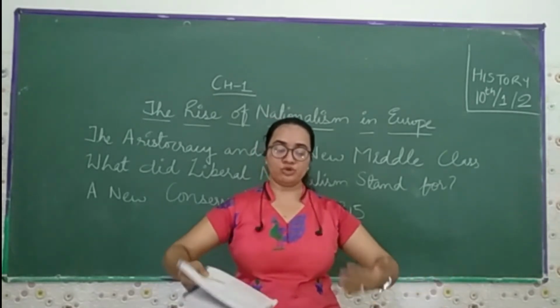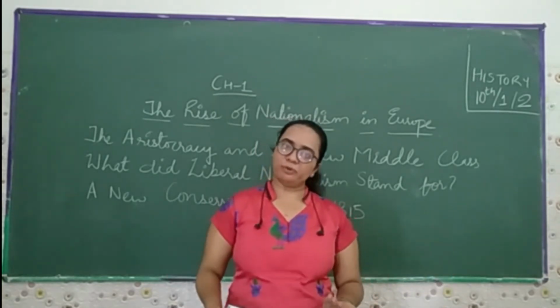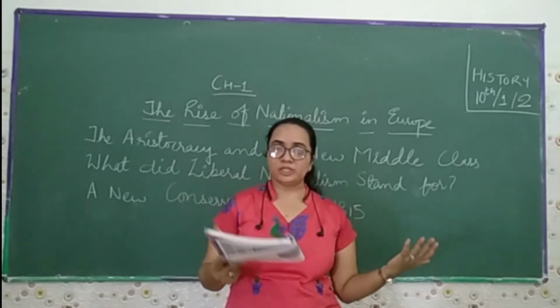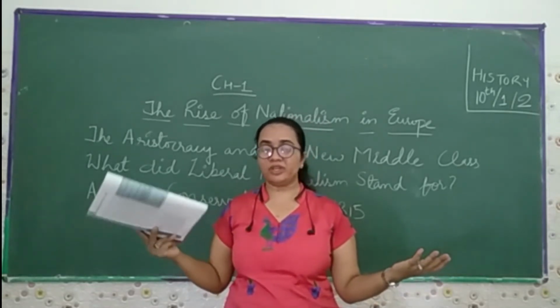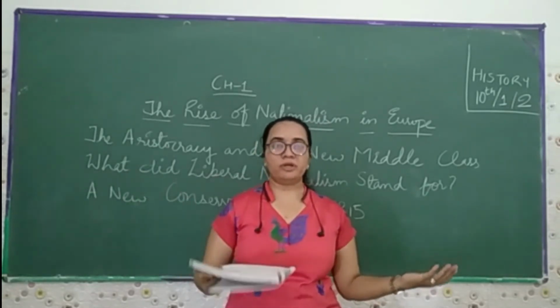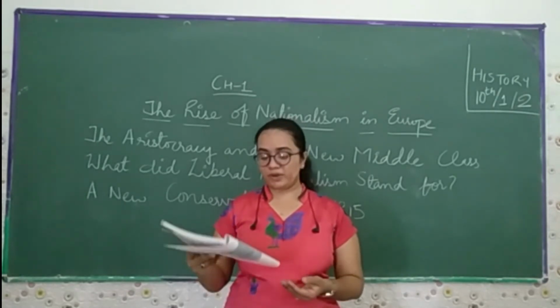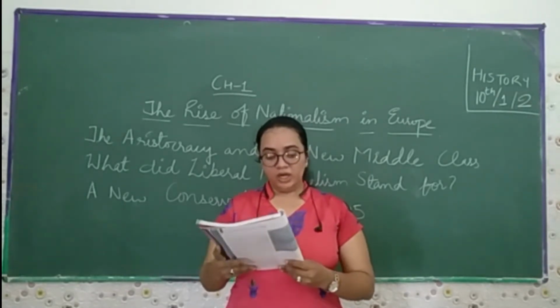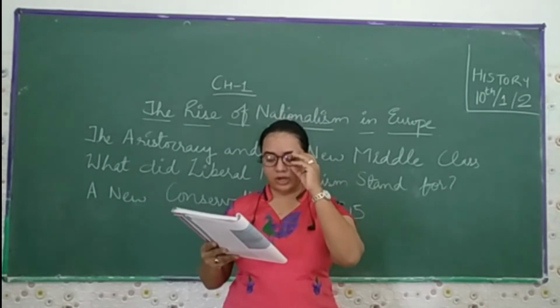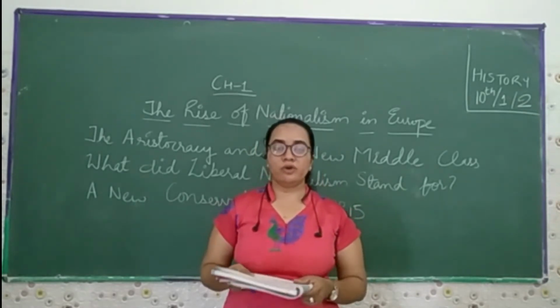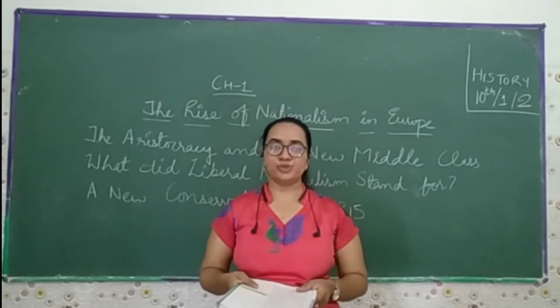The people who used to own the property, or you can say the private property, they have the right to look after that. None of the people have the right to take or to capture that particular property. So these are the changes we have seen in the 19th century. Yet equality before the law did not necessarily stand for universal suffrage, meaning the right to vote.